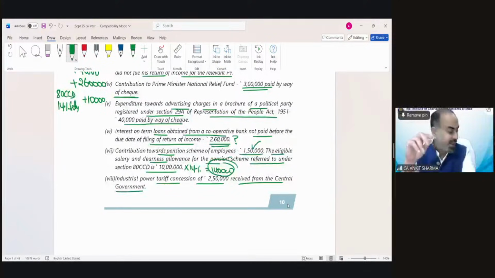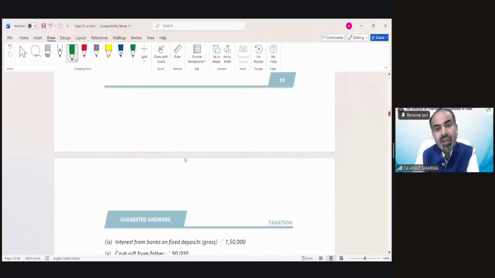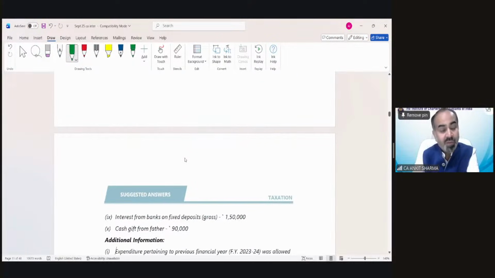Already included in the profit of 52 lakh rupees. It's a kind of subsidy and grant and it would be a business receipt. And we have already included this 2,50,000 in our 52 lakh rupees of profit declared. So we do not need to do anything. It is allowed income and is already included in the income which has been given above.